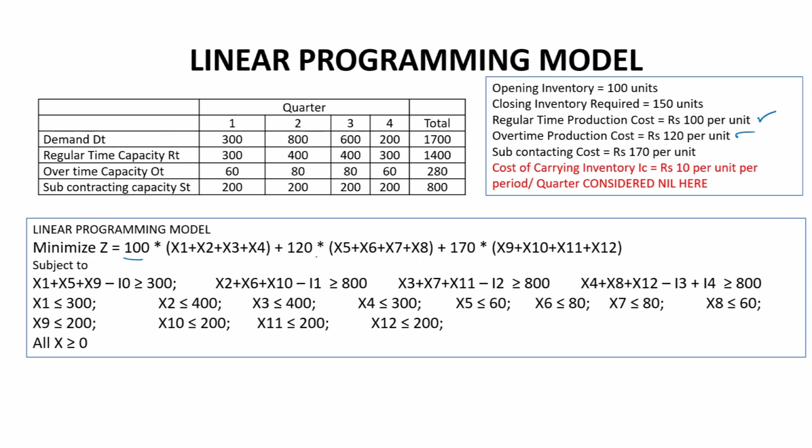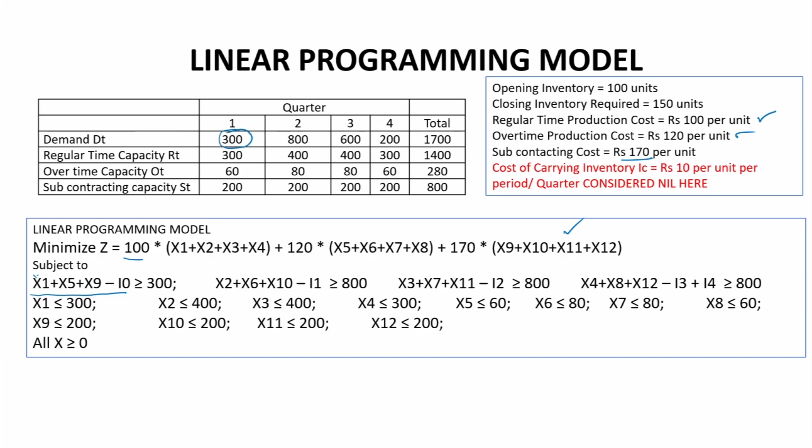So, rupees 120 per unit for x5, x6, x7 and x8. Similarly, 170 is the cost of subcontracting for x9, x10, x11 and x12. So, that is my cost of subcontracting. And my constraints are, as we have said, that I should produce a minimum of 300 units in quarter 1 by